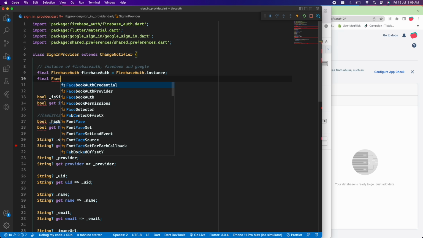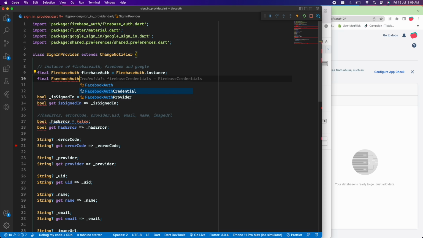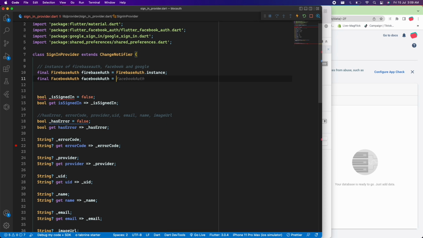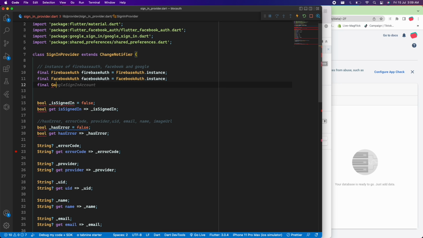Then we'll have Facebook Auth dot instance. And then we have Google sign in,